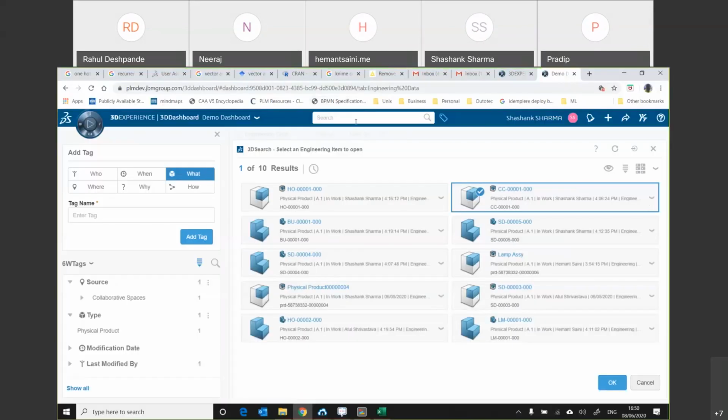I searched it through my search window, and I can just right click, open with CATIA V5.